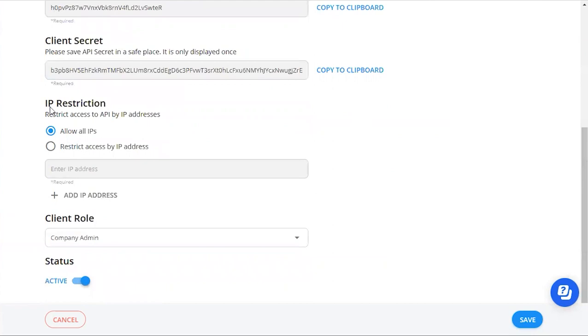Under IP restriction, we could either allow all IP addresses to access this API, or we could restrict access by IP address. If you select this option, we could enter in the IP addresses that we want to have access